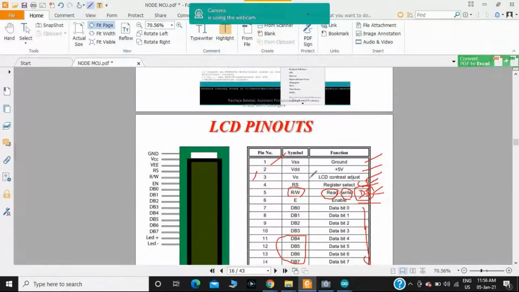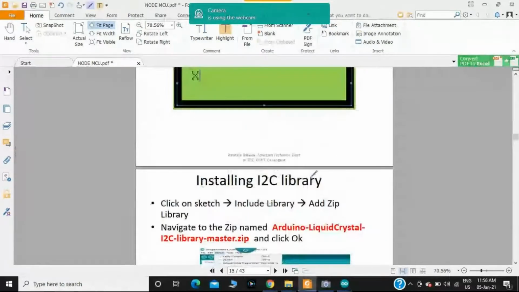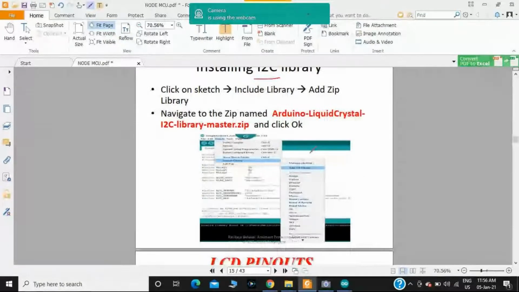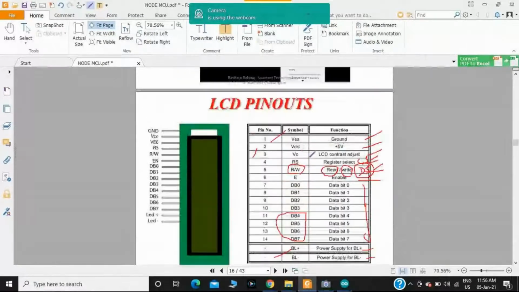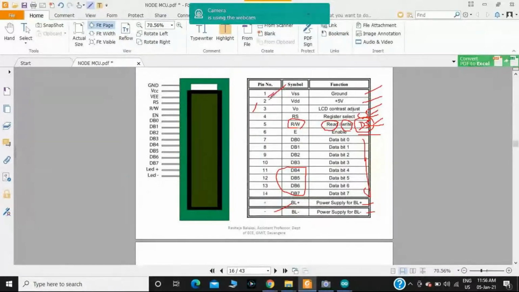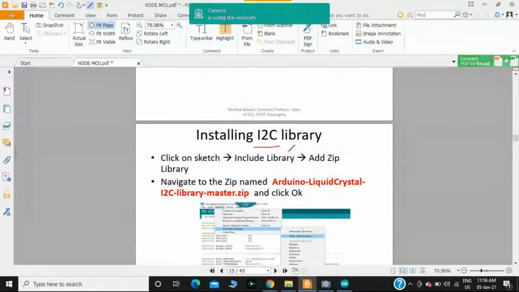Then why am I preferring the I2C LCD? This is very important. Because in the case of an I2C LCD, you have only 4 wires. If you consider the basic 16 cross 2 LCD, you should connect 6 pins, then the 4 data pins, 6 plus 4 is 10, with the anode and cathode terminals, a total of 12 wiring connections between the microcontroller and the LCD. But if you prefer the I2C LCD, you will have only 4 wiring connections.